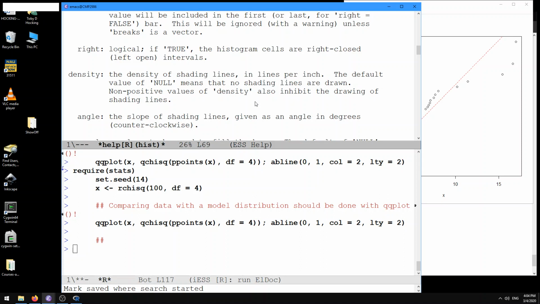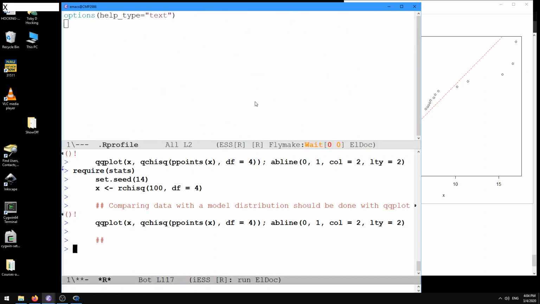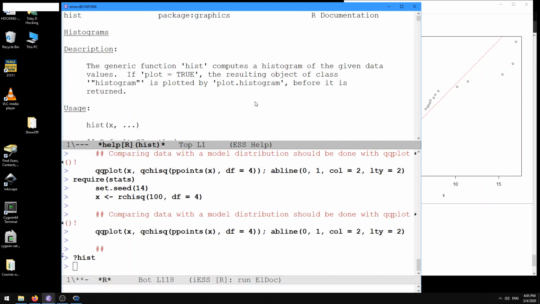To get out of this help page, there's a special single letter code. You can just type in x to get out, and it sends you right back to the command line. Here I'm going to do Alt P to get back that hist command, and then enter to send that and get back to my man page. Just because I want to show you a little bit about